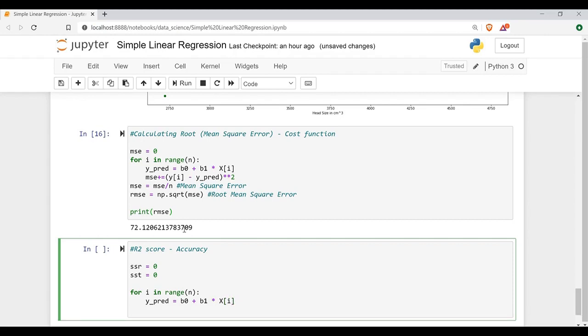The sum of squares of residuals would accumulate y i, each of the y values, minus the y predicted values, that is observed minus predicted, whole square, and the sum of squares of total would be y minus y mean whole square.